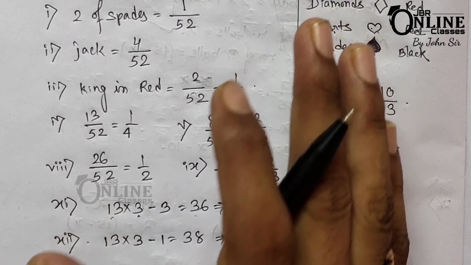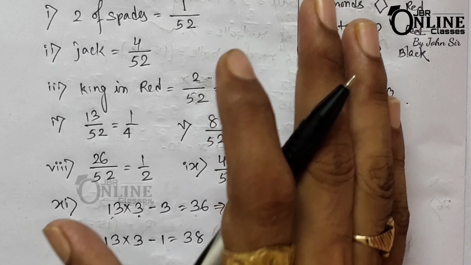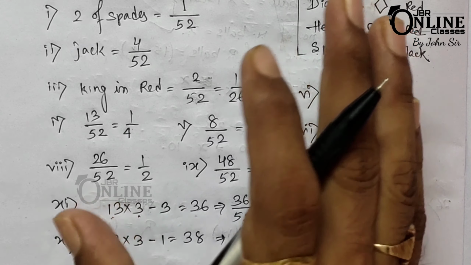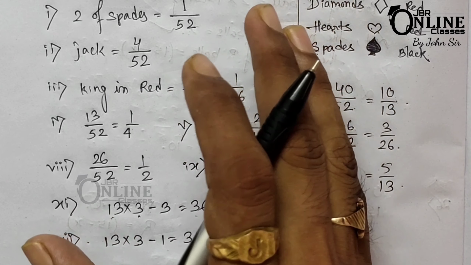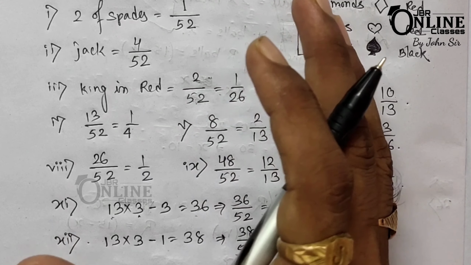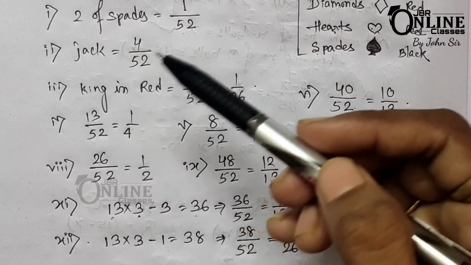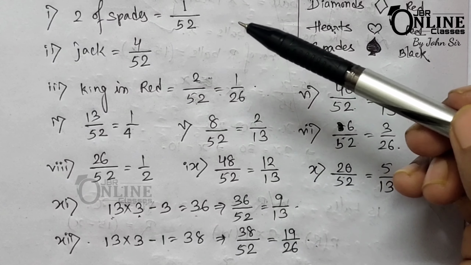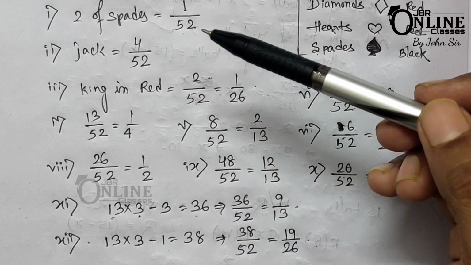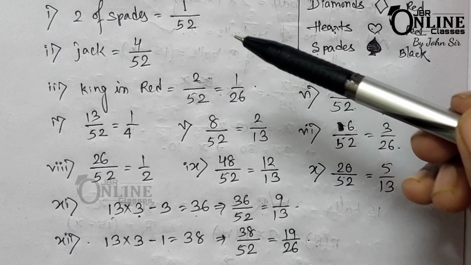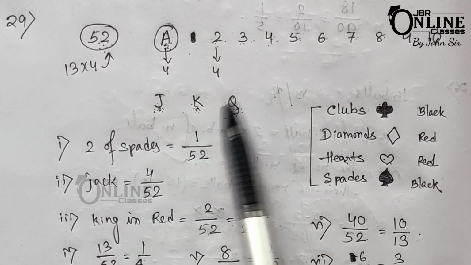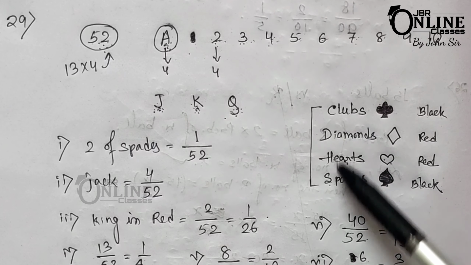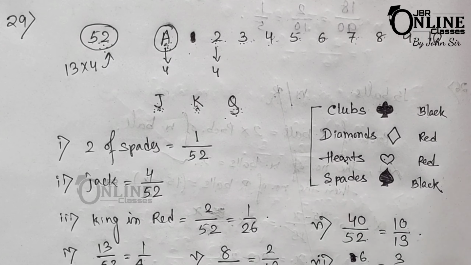So first you have to understand how many types of cards there are. Then you have to count the cards which are red, which are black, and then you have to find out the probability which is required. And you have to also know which ones are the face cards and which ones are the non-face cards. Okay, so there are a total of 52 cards. There are types of cards, and these are each and every type of the cards.